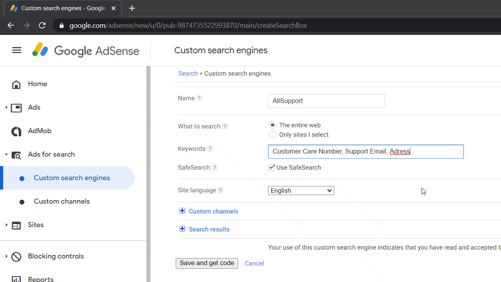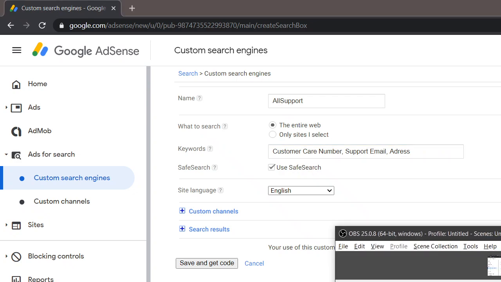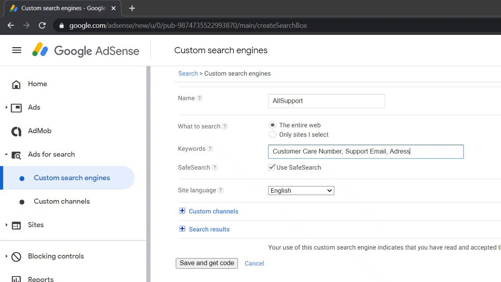Sorry guys, there was some issue. So I have added the keywords here. I want to use safe search, and the default language for the search should be English. So I will keep it as it is.